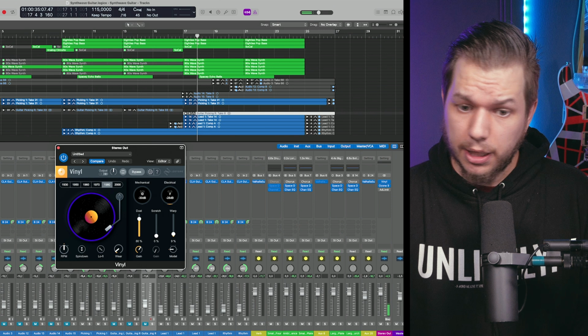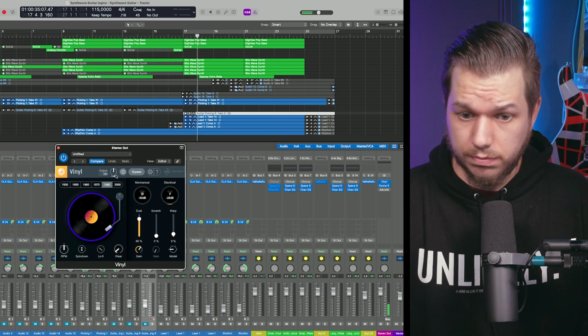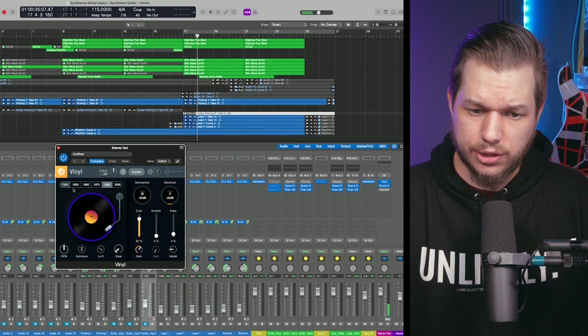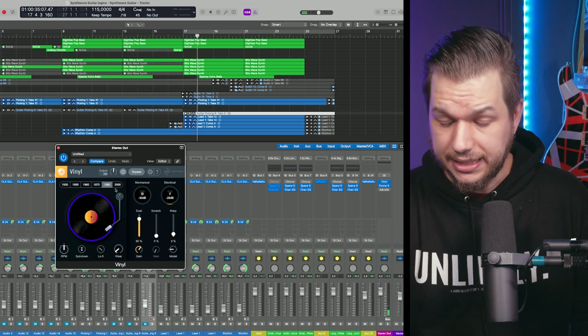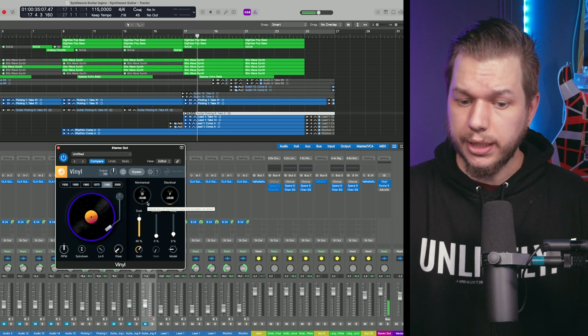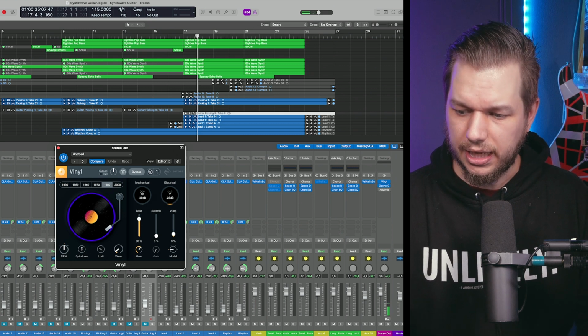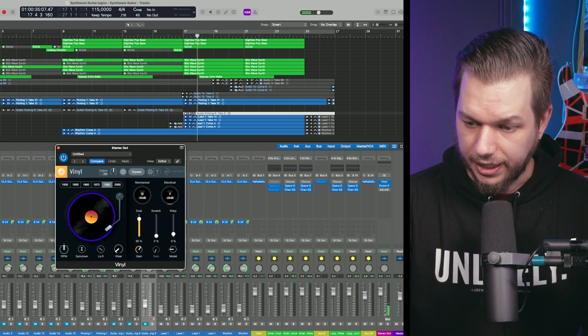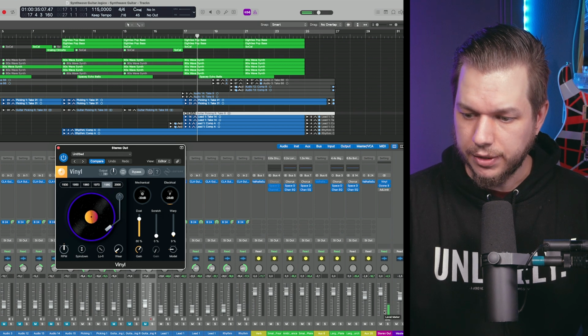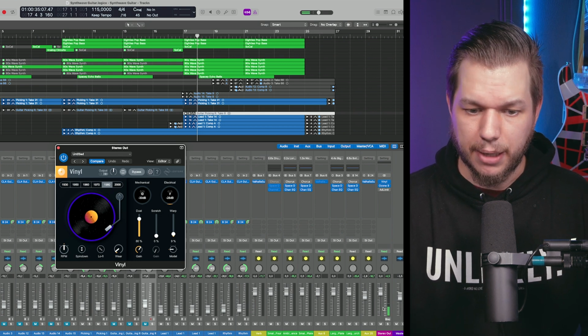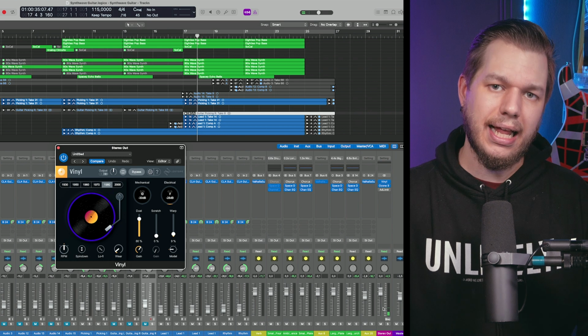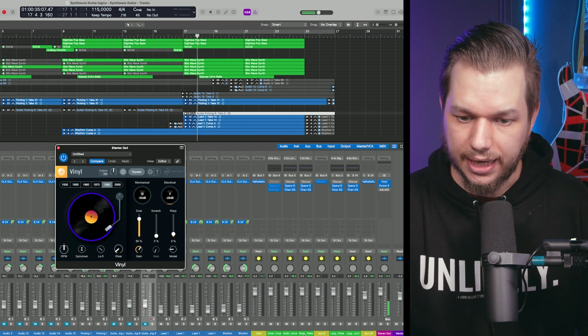The plugin itself is very simple, and there are different modes: 30s, 50s, 60s, 70s, 80s, and 2000s. You can add something called dust, so little random things here. If you look at the volume meter over here, it actually jumps up every now and then because the plugin is running in the background and adding those little noises here and there.